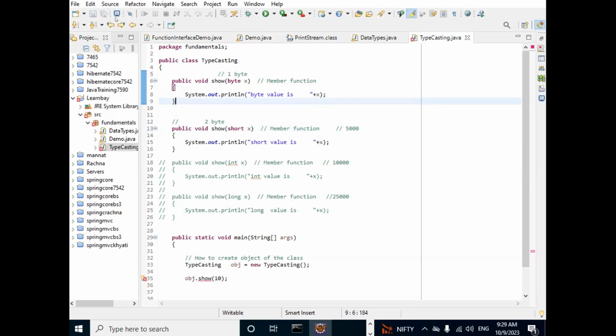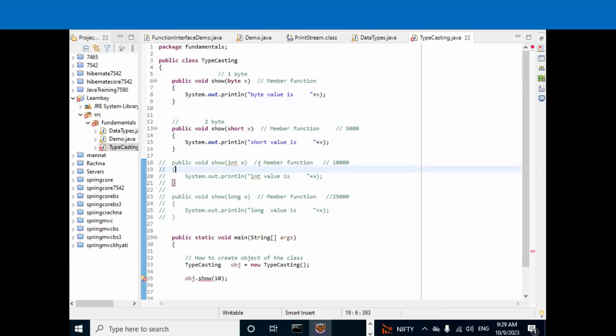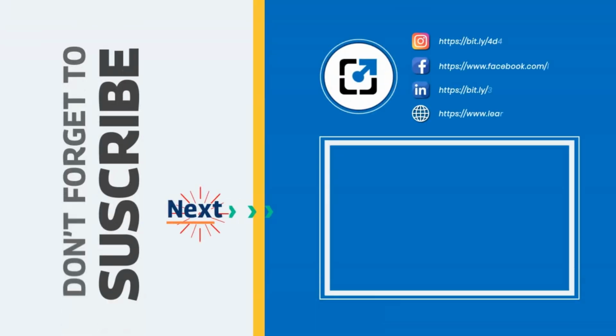So is it clear, guys? Tell me yes or no. Yes, sir. Okay, Rahul, one doubt comes. Yes, please. Previously, when we entered 10 as the value, when we had only the show byte function, it displayed the value 10, right? Because at that